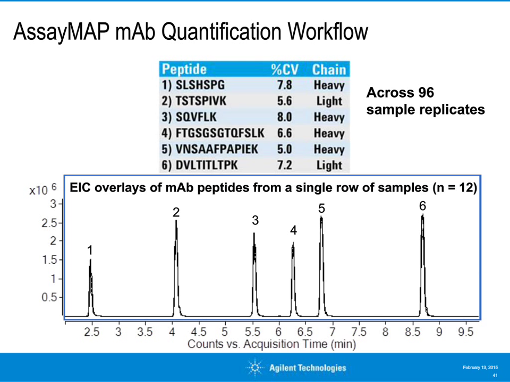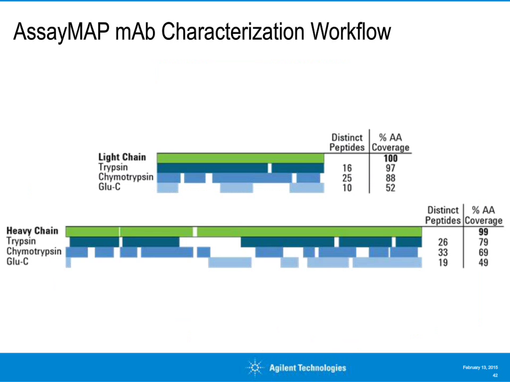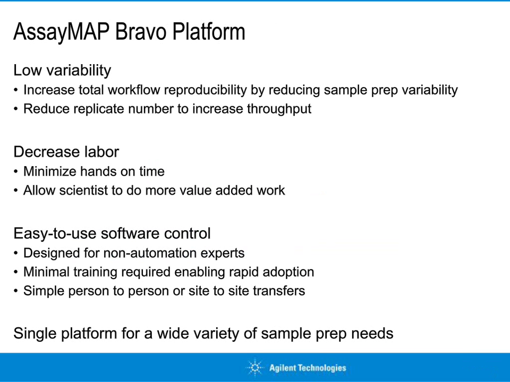This same basic experimental approach was used to generate data on this slide, but this time during the digestion step, 3 different enzymes were used in parallel. The percent sequence coverage was determined for each enzyme, as was the cumulative percent sequence coverage for all 3 enzyme digestions. In summary, the AssayMap Bravo platform provides highly reproducible results for workflows by decreasing the intra-experiment, inter-experiment, and inter-person